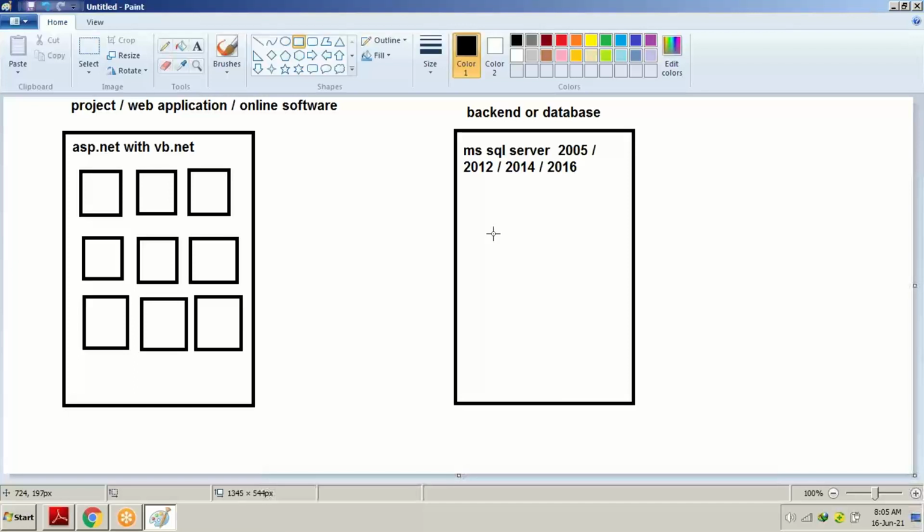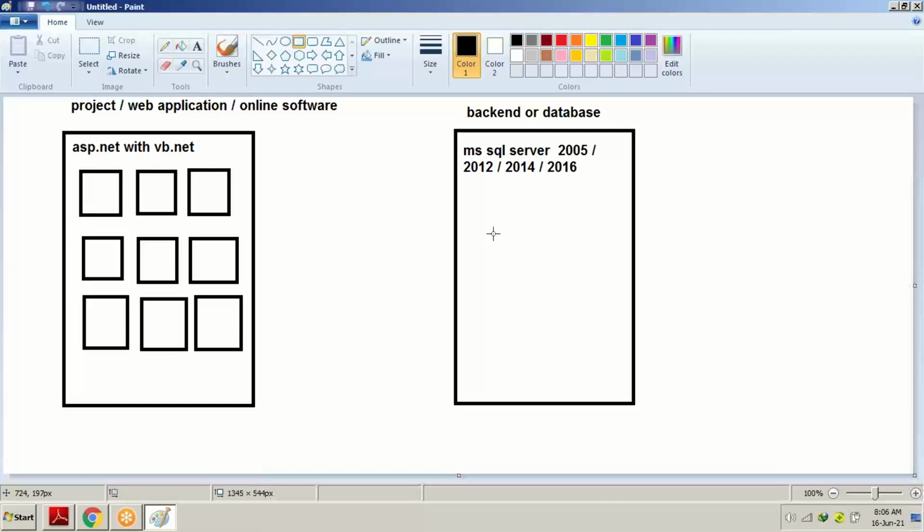In order to make a complete web application for any organization, we first have to create the database. We first have to decide what fields and tables should be there in the database, and according to that we design the screens and create the project.